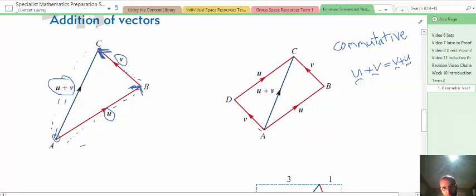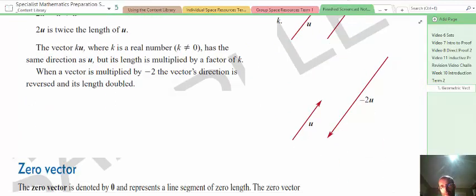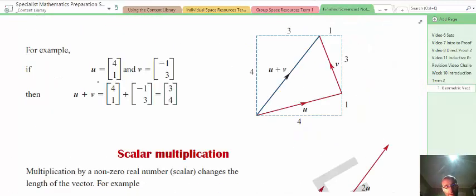We can show that geometrically with this diagram here. U plus v head to tail, we get the blue vector. V plus u head to tail, we still get the blue vector, because we're joining the very beginning to the very end to come up with our resultant vector. So whether it's v or u first, it doesn't matter, the result is the same, they're equal. To further demonstrate this,